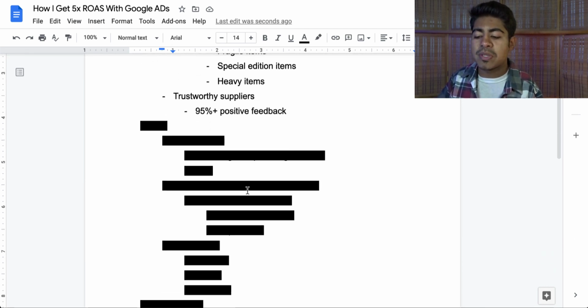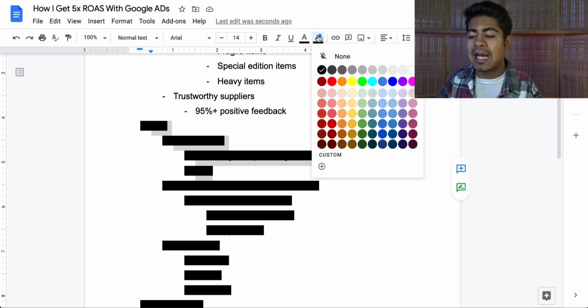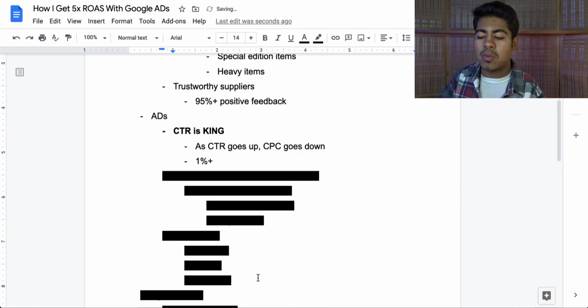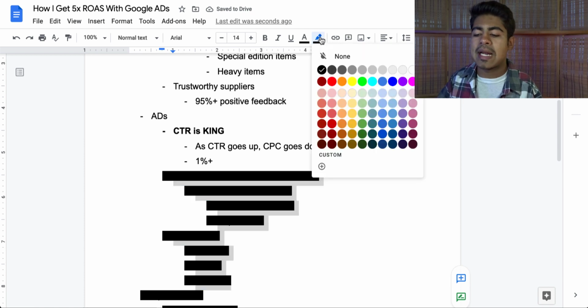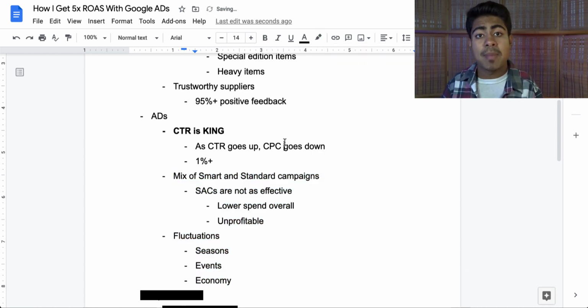But this brings me to the ad section. What should you be doing when it comes to the actual ads? Now, with ads, you want to understand one thing, and if you don't get anything else from this video, just get this portion. That is, CTR is king. Without click-through rate, you are just not going to have profitable ads, and I've personally noticed this on my own ad account. When my CTR started to dip, that is when my profitability also started to dip, and this was connected to the CPC as well,